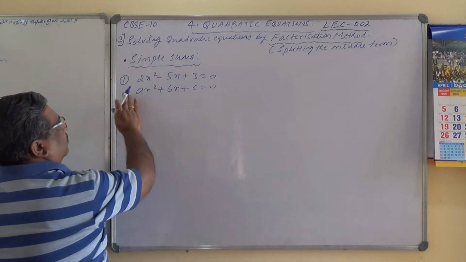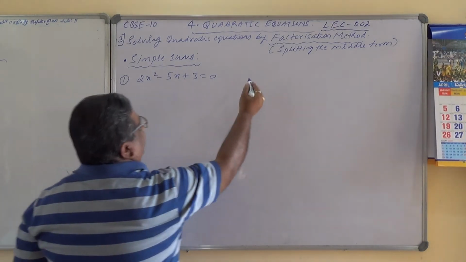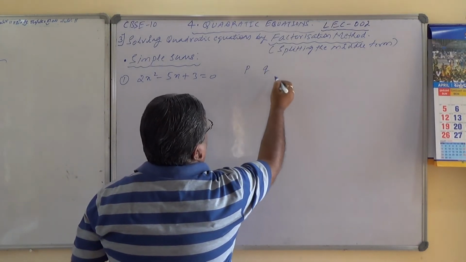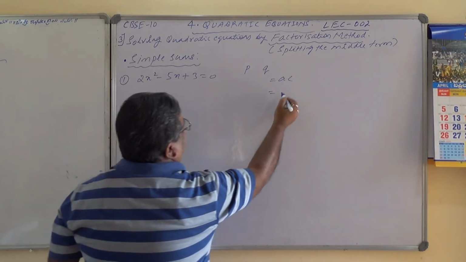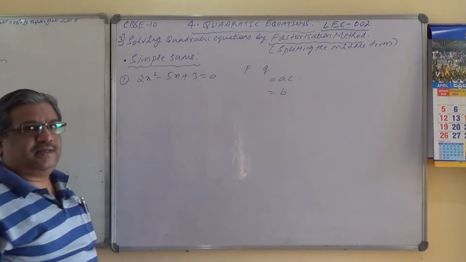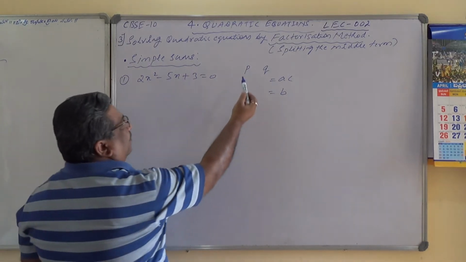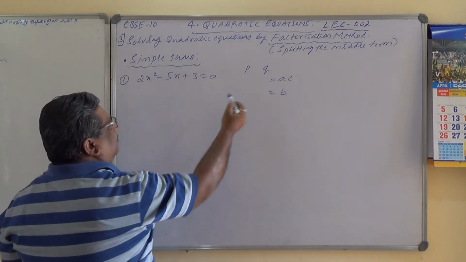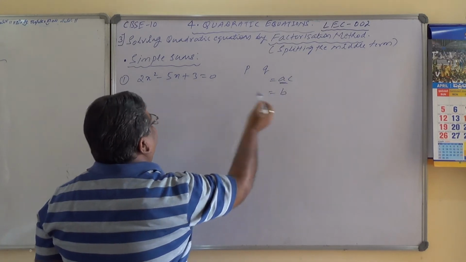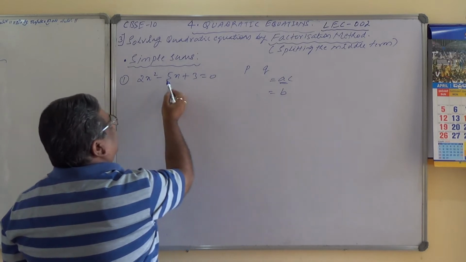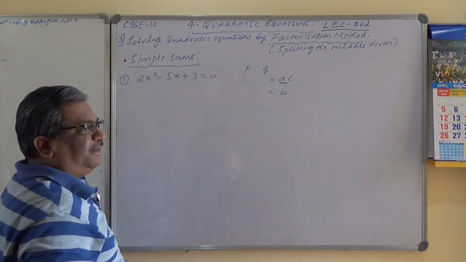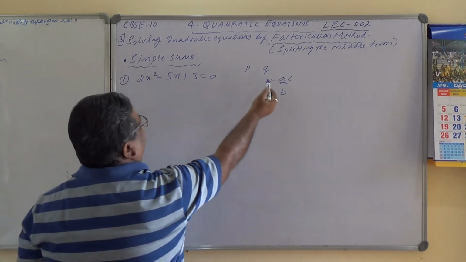So what I am going to do now is, I require p and q, two numbers, such that I should get ac here and here it is b. This is what I am going to write. How to split the middle term? I require two numbers such that the product of the same should be equal to ac, a into c, and the sum or the difference should be equal to the middle term, and therefore this is called splitting up the middle term. So how do you find out p and q here?